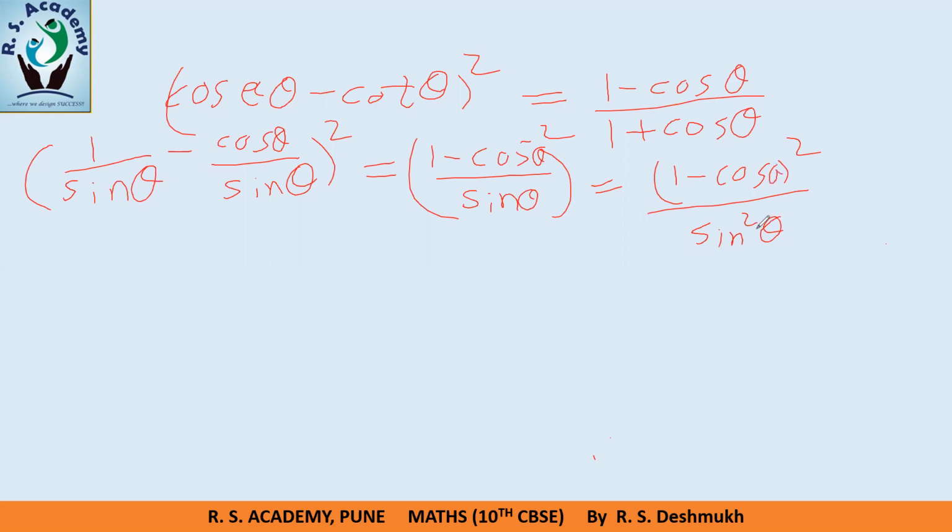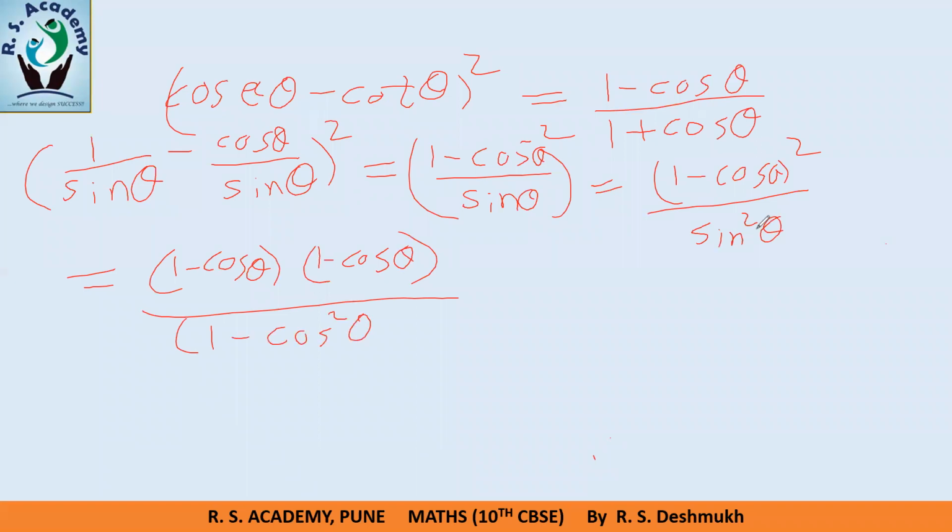Okay, so I come to the next point. Whenever I say 1 minus cos theta bracket square, I write the bracket 2 times. So 1 minus cos theta, 1 minus cos theta. You can write it twice or once, it doesn't matter. But what is sin square theta, friends? Sin square theta is 1 minus cos square theta. So here I can say it is 1 minus cos theta, 1 minus cos theta upon, here it is